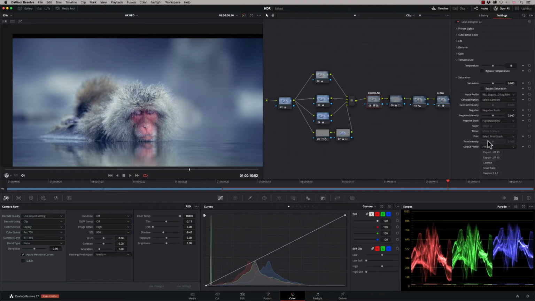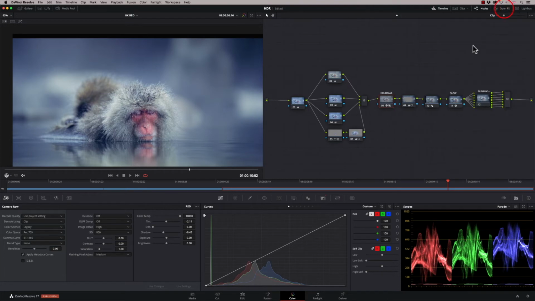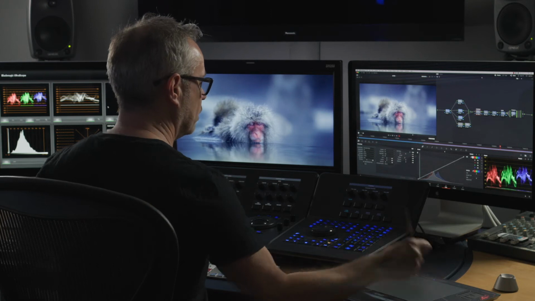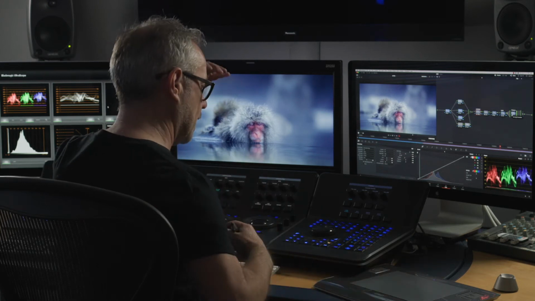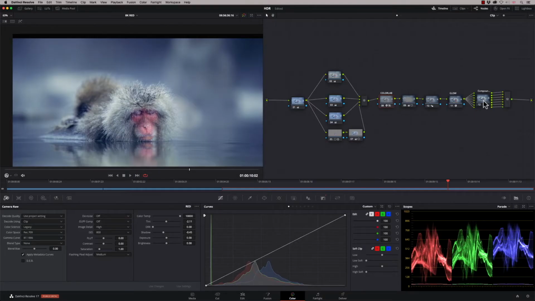So have a look at this. You've got all this stuff here. So this is a third-party application running. And not only that, but in here I've got a compound node. Now a compound node allows me to take many nodes and flatten them down into one node. So if I decompose that, right-click, and decompose that node, look at all the other stuff I've got going